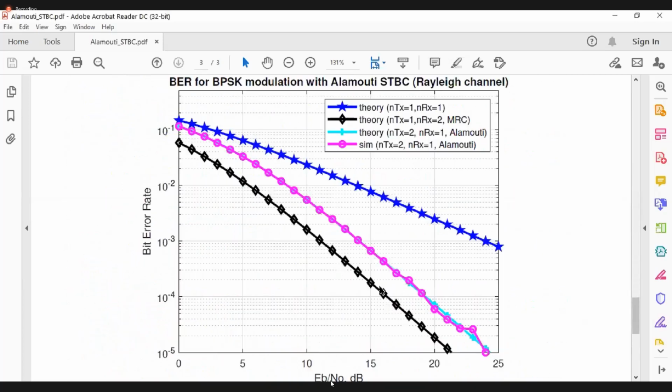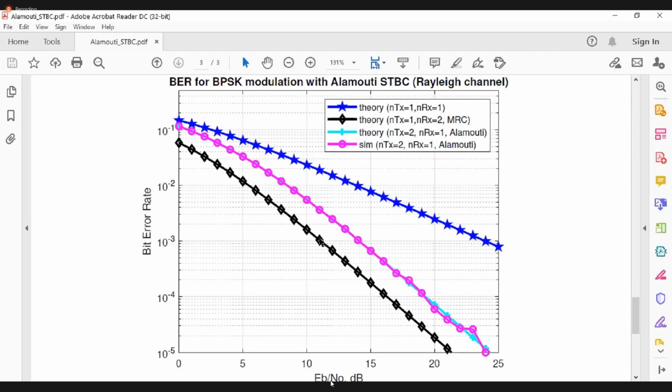So the diversity order in this black curve is 2 and the pink one is also 2. So the slope of both curves is the same. So diversity order is the same. Only coding gain is different. Here you can see the coding gain at 10 to the power minus 3: you can achieve around 12, and at 10 to the power minus 3 you can achieve maybe 11, then this may be 14. Okay, so 11 and 14. So you have a coding gain, a 3 dB gain. So with MRC, when you have multiple antennas at the receiver and you are using MRC, you have better coding gain than the Alamouti scheme. Okay, so that's the 3 dB gain difference.